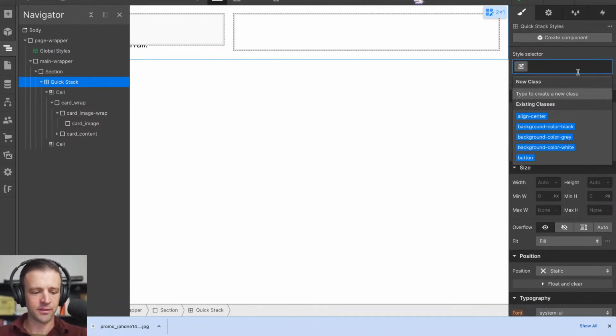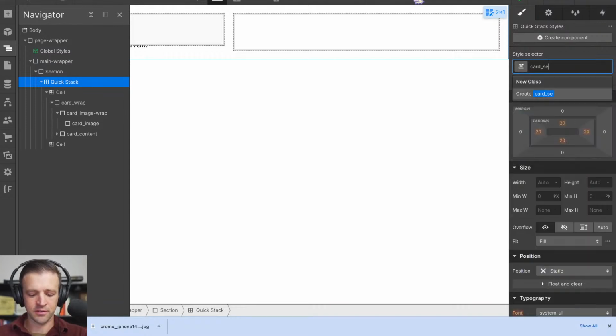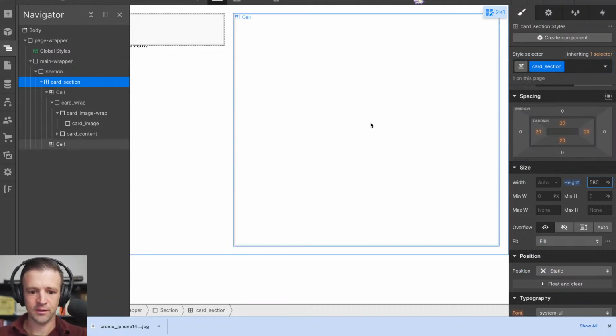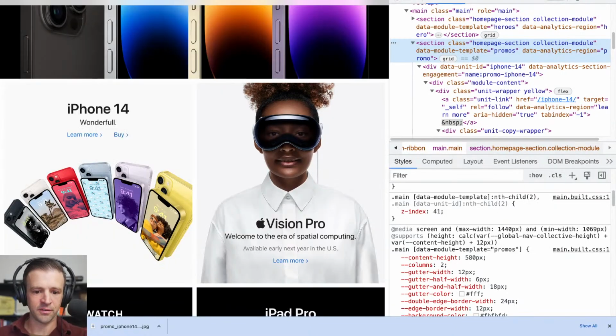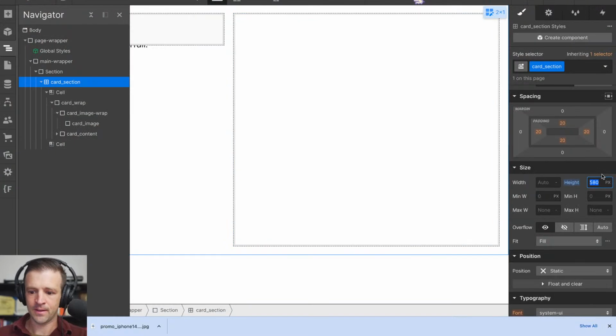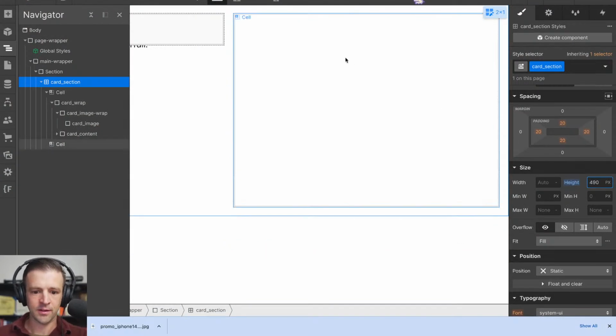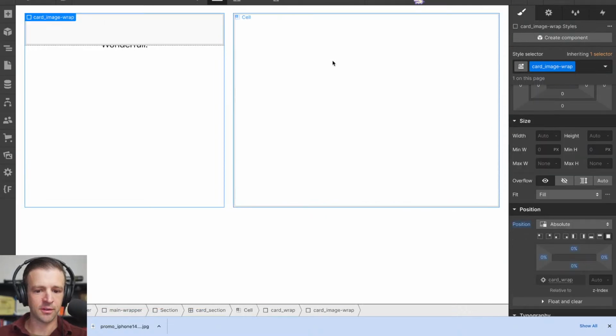What do I want to call this? Let's see, card underscore section. Sure, why not? And what did I say? 580 pixels. So that looks a little bit large to me. It's 490. Okay, that's much better. And then you know what I'm going to do is I'm going to start working on